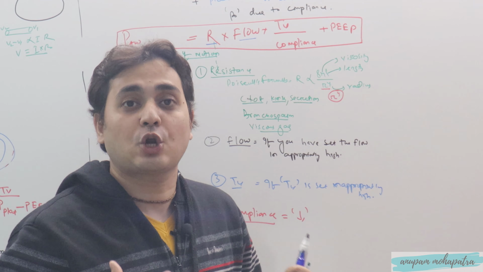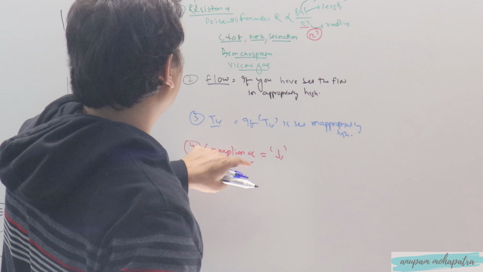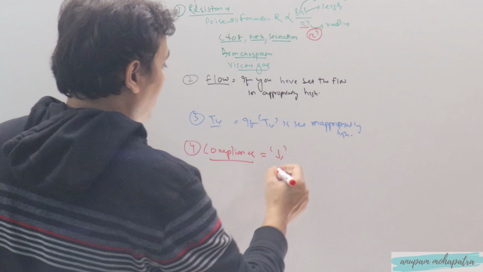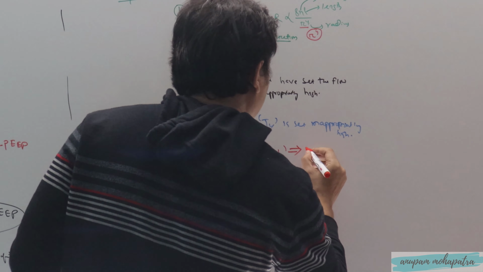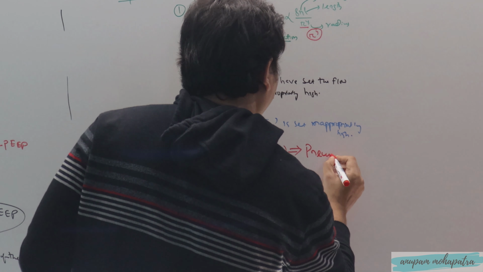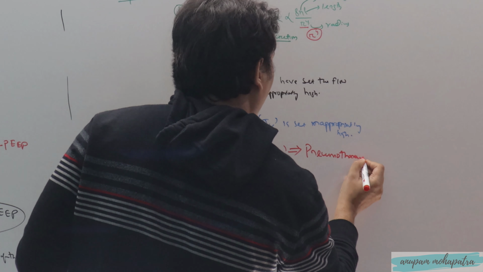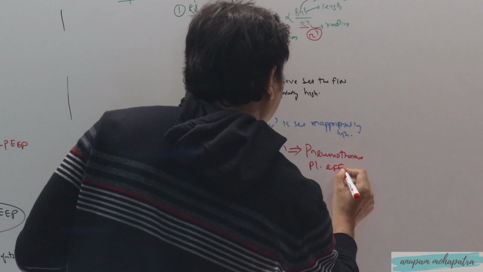For example, a fibrous lung. Correct? So what are the conditions in which the compliance will suddenly decrease and the peak airway pressure will be high? This is very important. There are a few conditions you have to remember on an emergency basis. One is pneumothorax. Pneumothorax can suddenly decrease the compliance of the lungs, or pleural effusion,